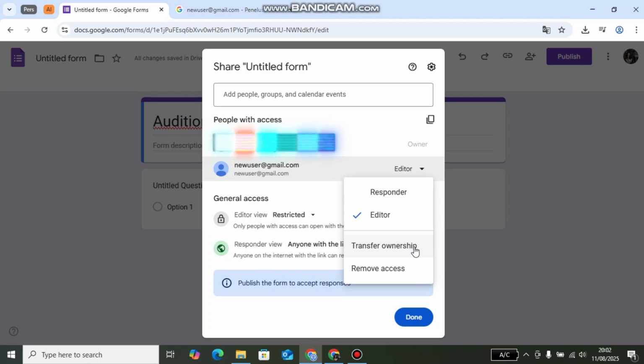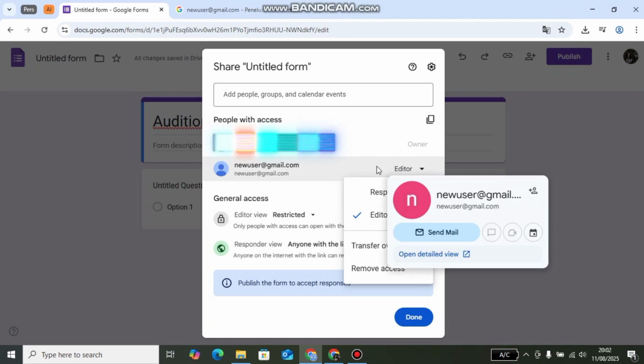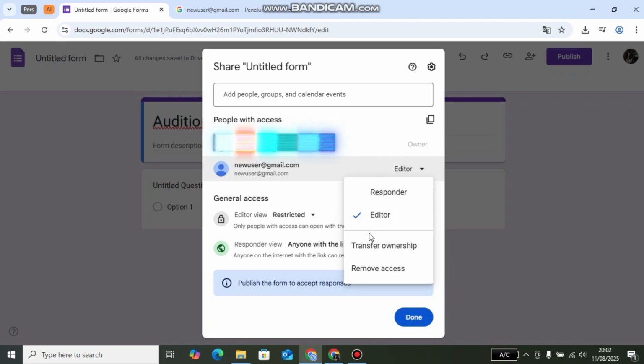Remember that once you change the ownership and this email has the right to be the owner, then you will no longer have the right to be the owner. It's like the final notes from Google that you have already agreed to this term and condition. And if you are okay with that, then you can click this transfer ownership,